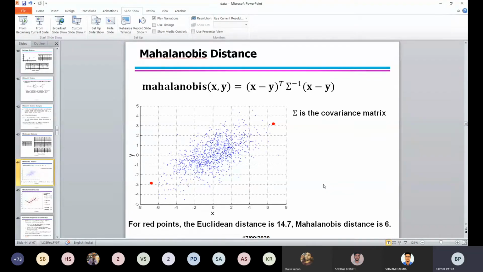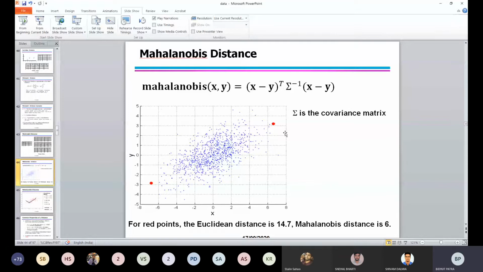So there is a distance measure introduced by P.C. Mahalanobis. He is the founder of ISI Kolkata in 1931, or 34. P.C. Mahalanobis introduced this distance measure, and it was published in a conference paper held in 1941 in Kolkata. What he proposed is that while computing the distance between 2 points, the distribution of the other points should be considered. That later came to be named the Mahalanobis distance.